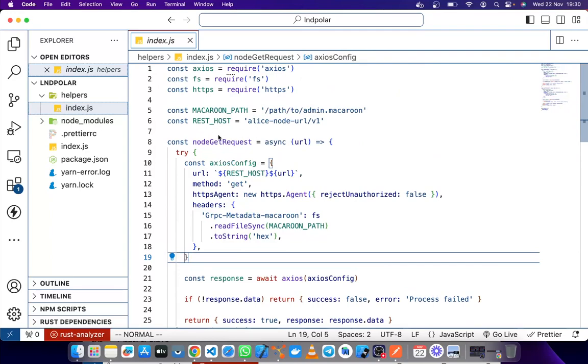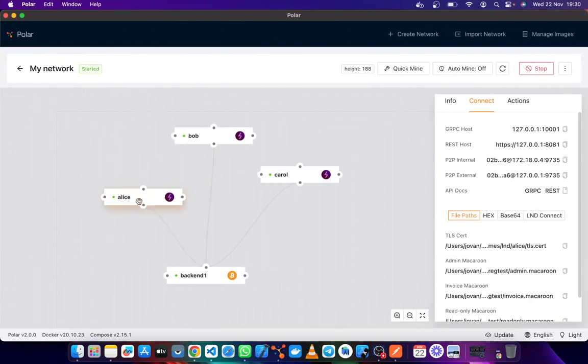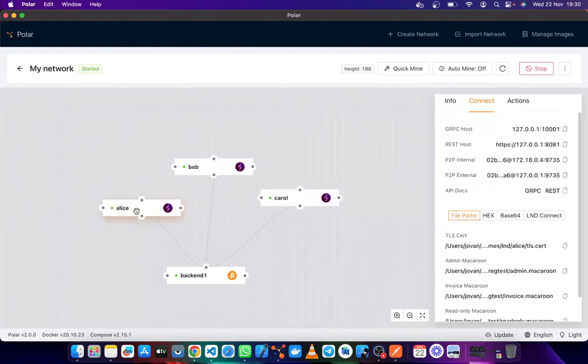So for you to be able to communicate with your node, for example, create invoices, get information about your node, there's what they call keys. When you think of your normal blockchain wallet, it has maybe private keys, it has authorization keys and so on. So it's the same thing with your node. You must have configuration keys for you to be able to communicate and interact with your node. So what these files are is what they call macaroon files.